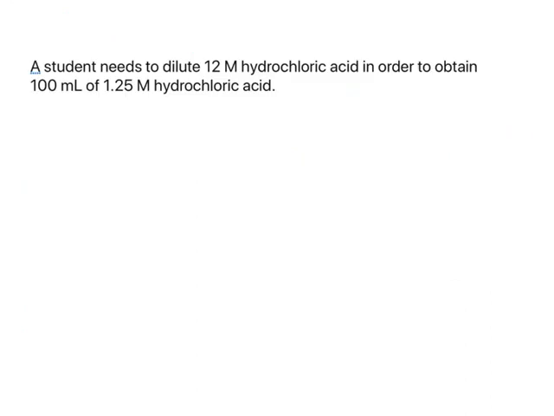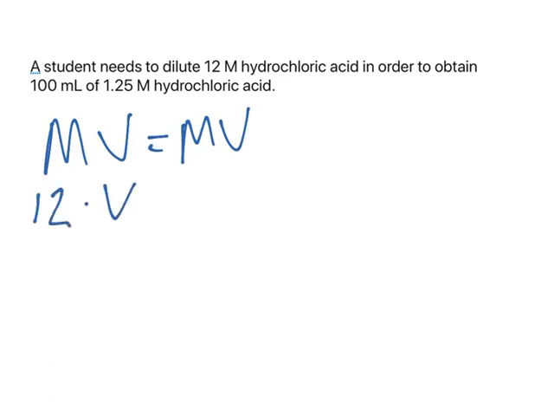So to go through the whole process, let's consider this problem. A student needs to dilute 12 molar hydrochloric acid in order to obtain 100 milliliters of 1.25 molar hydrochloric acid. So first, let's just set up our MV equals MV to get some numbers. Initially, the molarity was 12, where we need to know how much 12 molar acid to add. We're striving to have a concentration of 1.25, and we need 100 milliliters of it. So when we plug this in, we find that V is